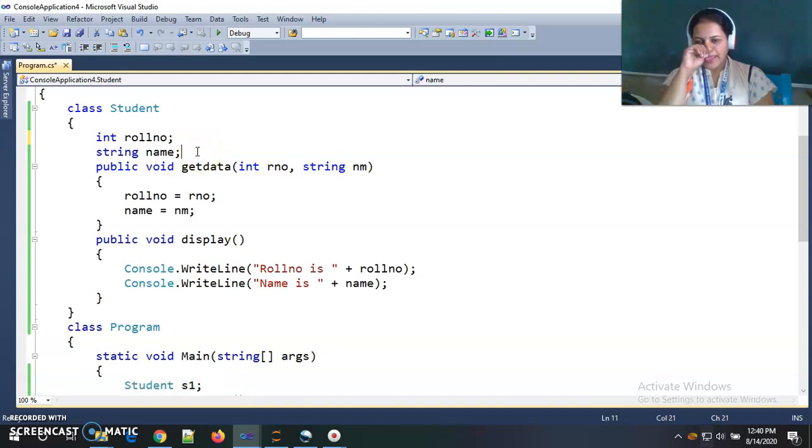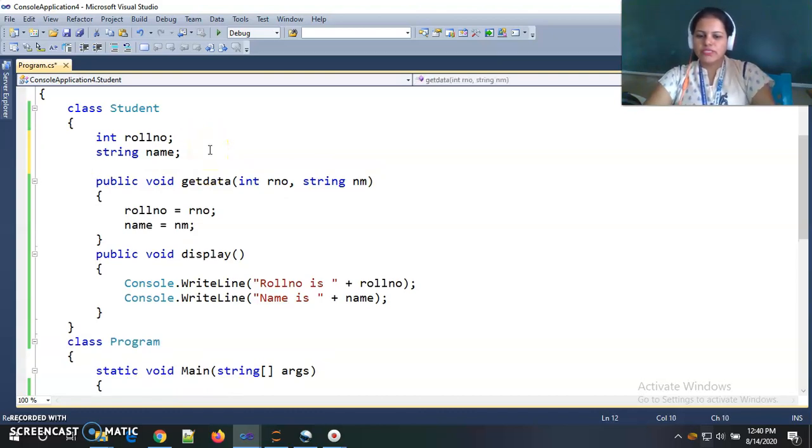So how can we define or create a constructor inside C#? As we know, the constructor name is equal to the class name, and a constructor does not have any return type, and we need to define the constructor using the public access modifier.